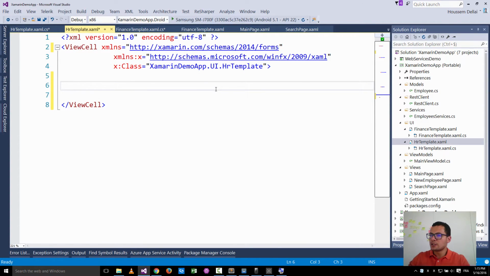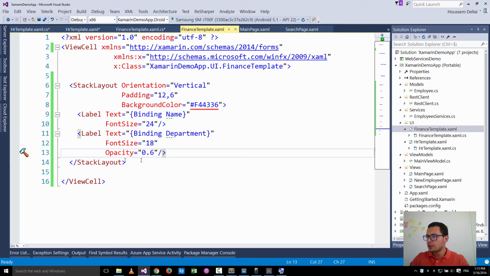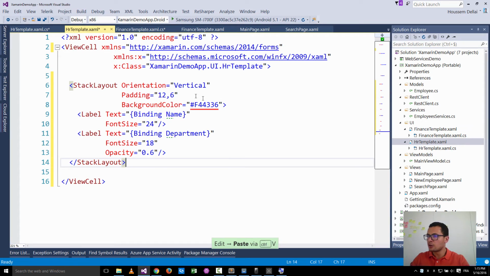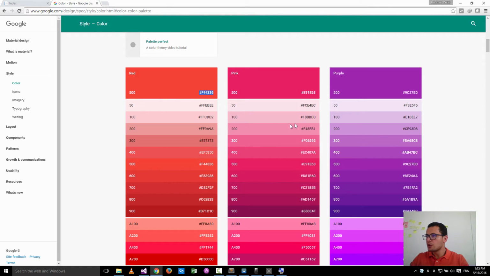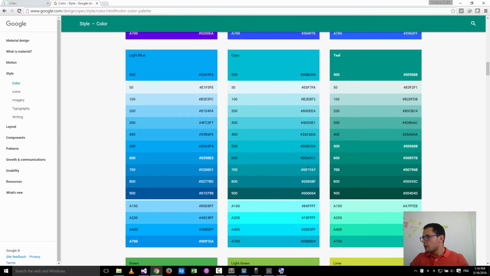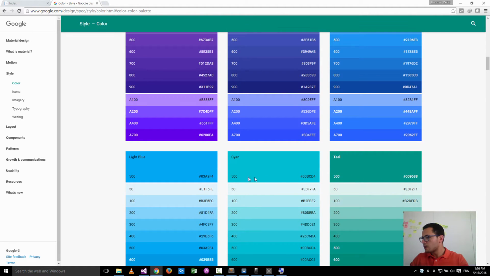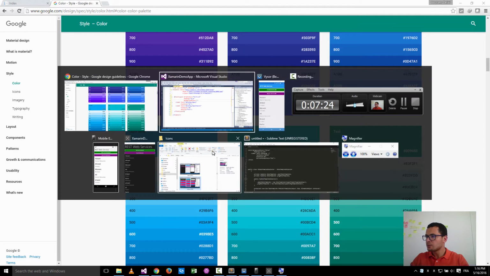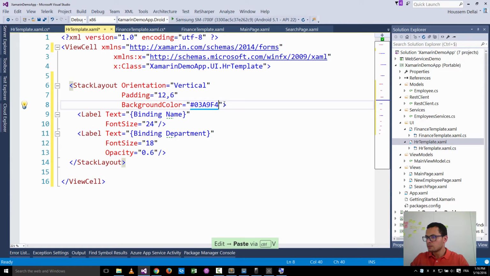And here instead of that list view, I'll reuse the code from the finance template, and only change to another color. Again, I'll use this palette of colors. Let's choose light blue, for example. So now we have our two templates with different background colors,